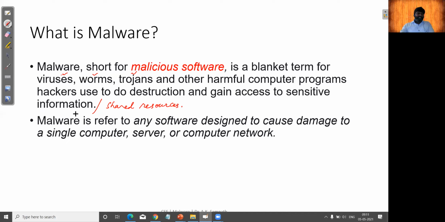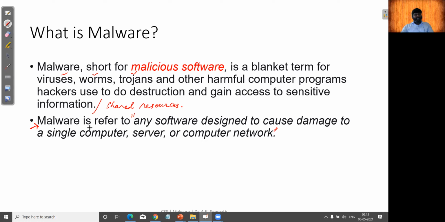Another definition for malware: it refers to any software that is designed to cause damage to a single computer, server, or the entire network. It may cause damage, or interrupt the user so they do not get the actual services they are supposed to get. It may distract, change the access, or deny the services.